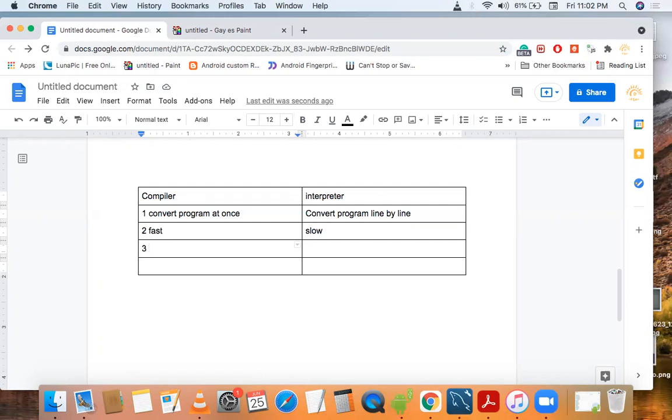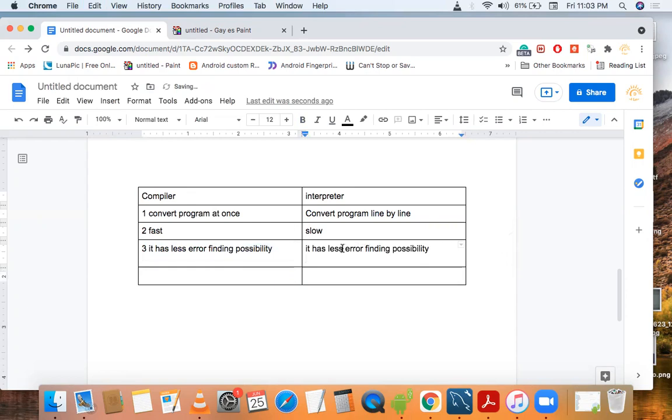If we look at it once, we cannot find many errors, but if we read the paragraph line by line, we can find more errors. So the compiler has less error finding possibility, and the interpreter has higher error finding possibility.